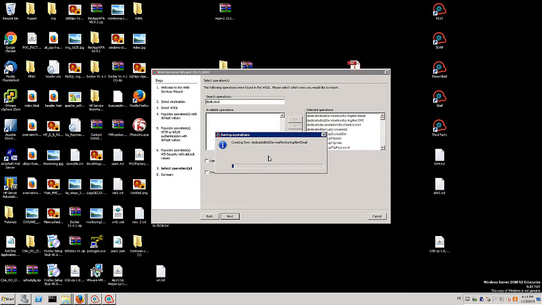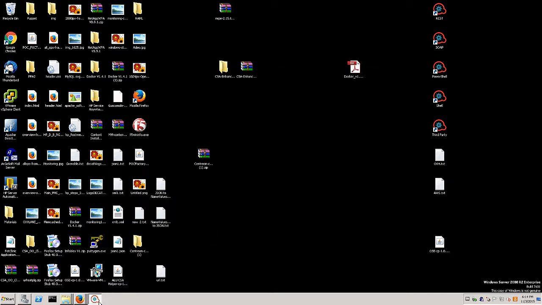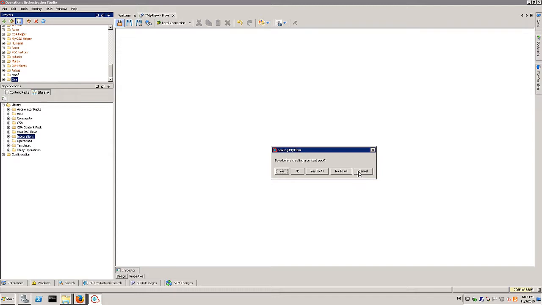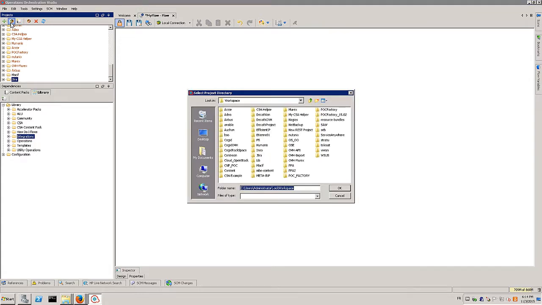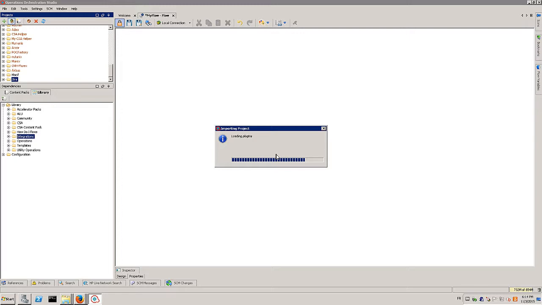It will take each operation, create an operation, and package it inside a content pack I will be able to import as a service author, modify, customize, and test before promoting this to production. Let's open now my IDE, my OO Studio. As a service author, I'm developing all my workflows here in this UI. The first thing I will do is import my project, the project I generated from the wizard, OVH import.